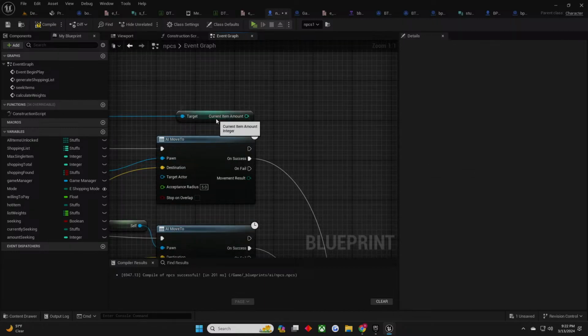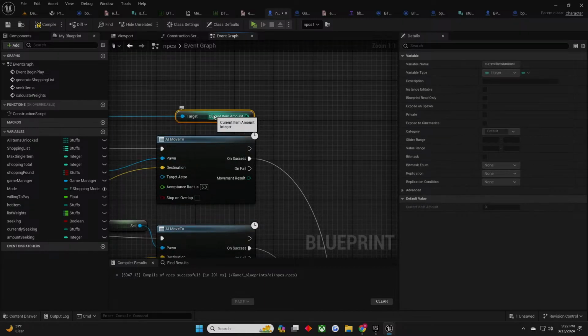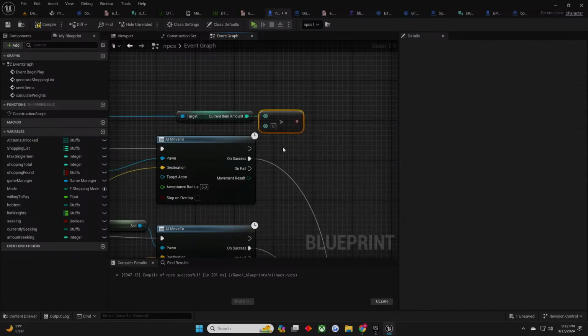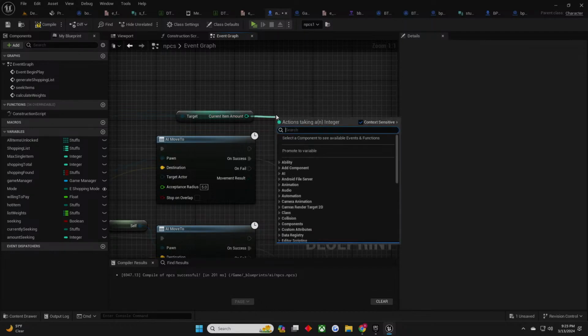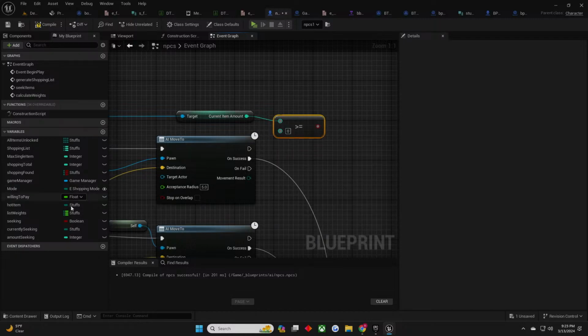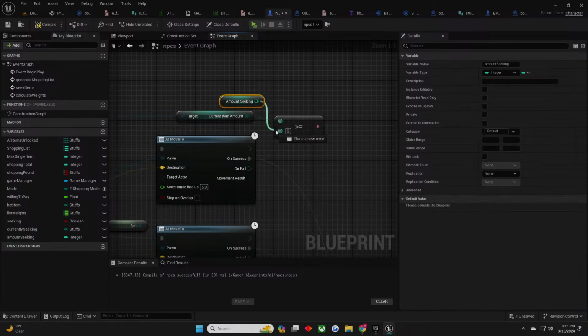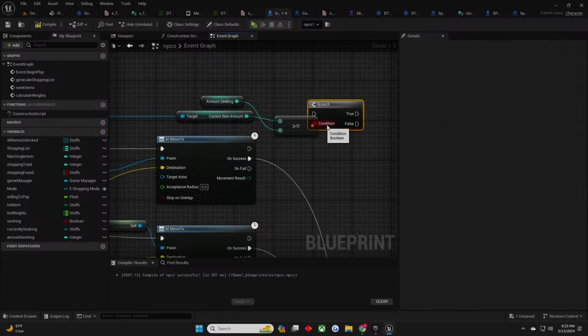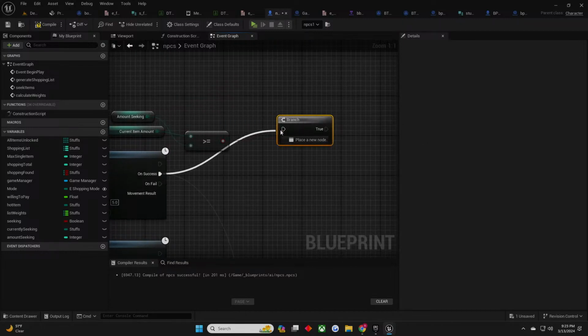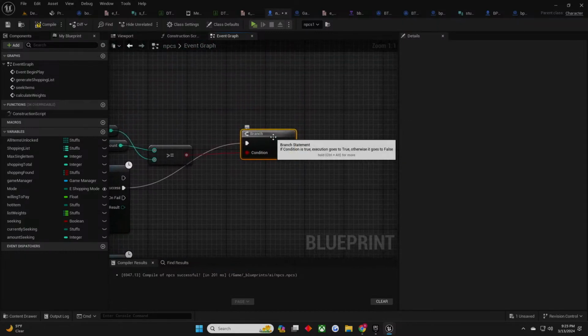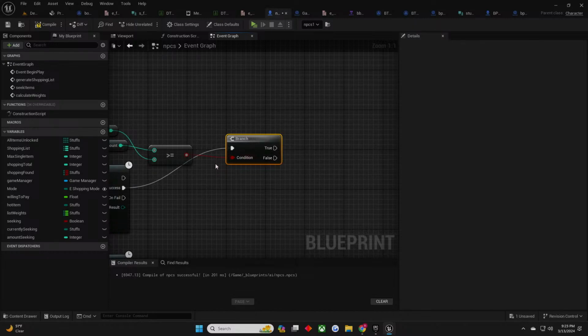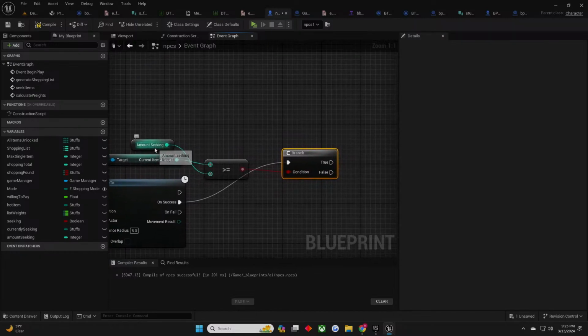Alright, so I want to double check if the amount stored is greater than or equal to the amount that we're seeking. And if it's true, then hooray. But if it's not true, then I need to know how many is left and how many he's not able to get. So amount seeking. Alright, so if it's true,